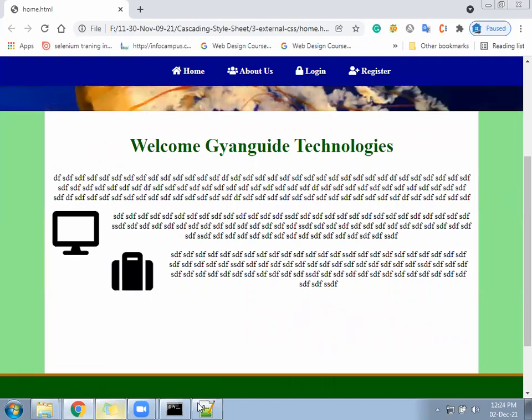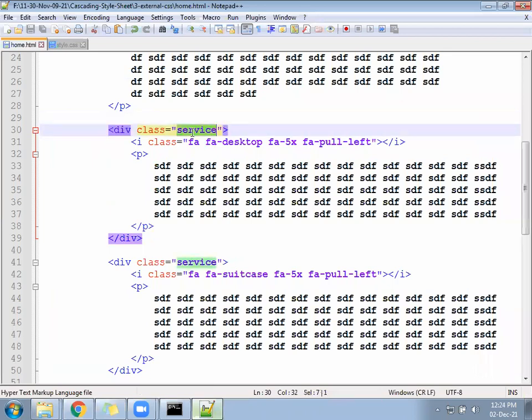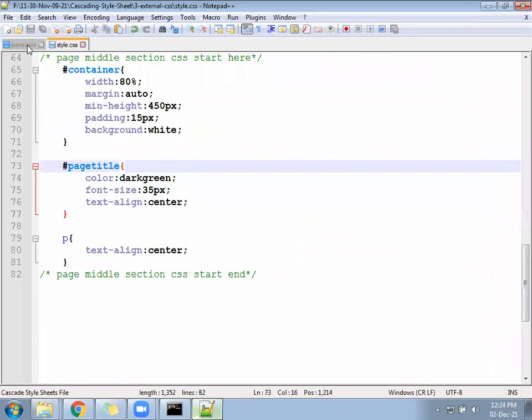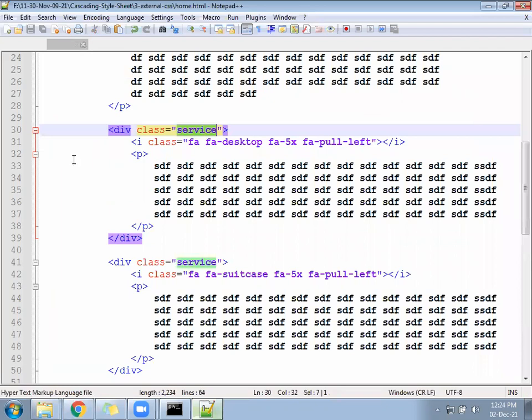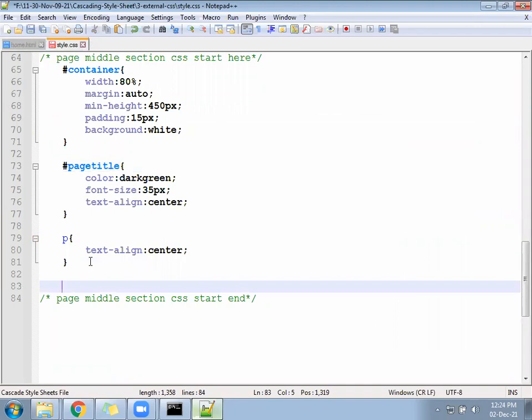Now some CSS we have to write for this class, the service class. So come to the style file. In the style file you will write dot service.